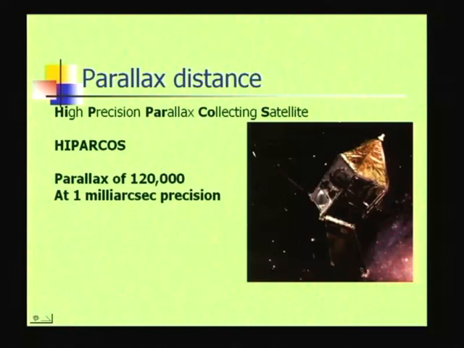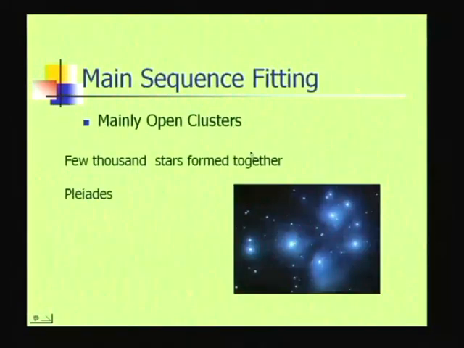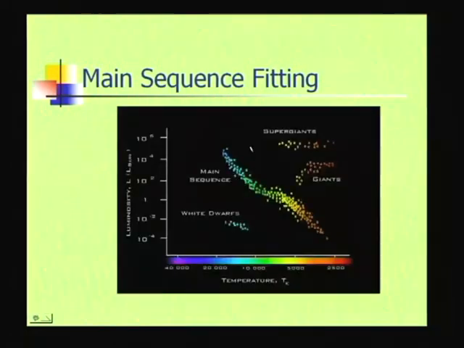Beyond that, I also told you that there were indirect methods based on certain physics. The first method was fitting to a main sequence. You have to fit an open cluster to the main sequence, since you expect the stars in the open cluster to lie on the main sequence. Then we went on to another method, which was the Cepheid variables. These were very bright stars, whose